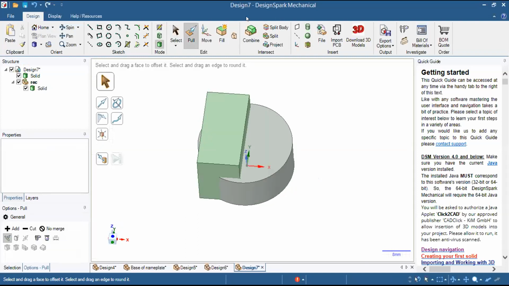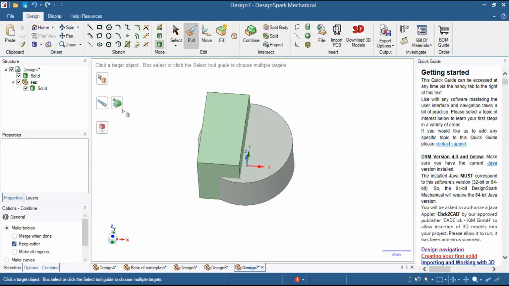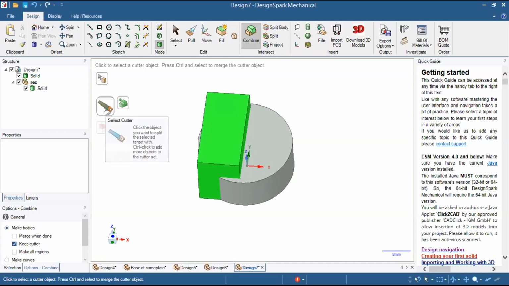In order to use the split command, we go here to the combine option, and you just select the component which you want to split. Make sure you are selecting the filter command right here, and select the other component which you want to split from the first one. Once you have selected, you can see another solid comes up here.